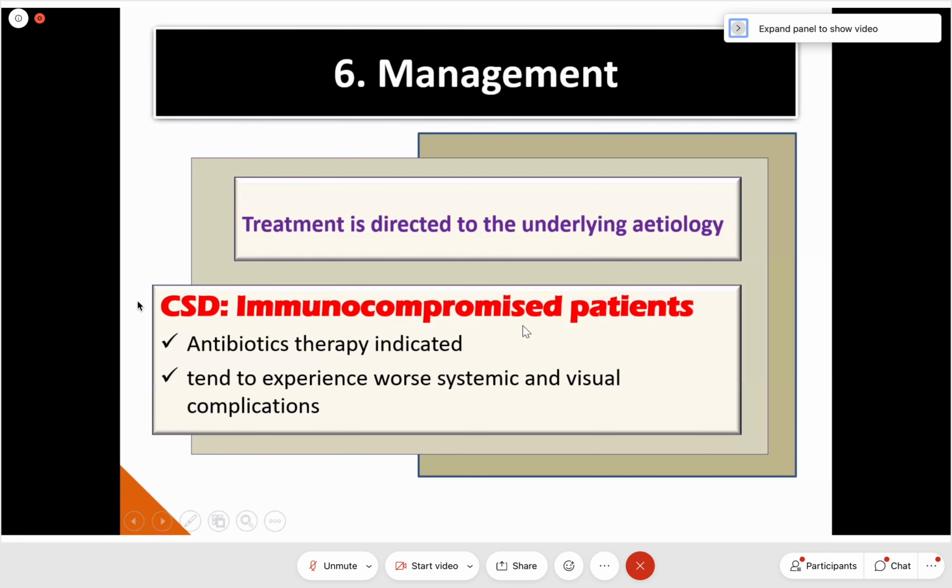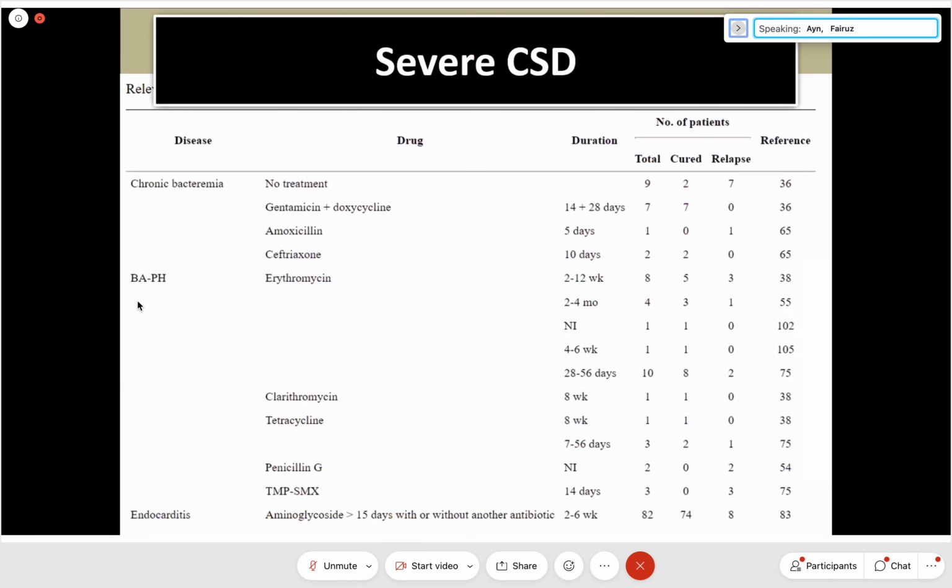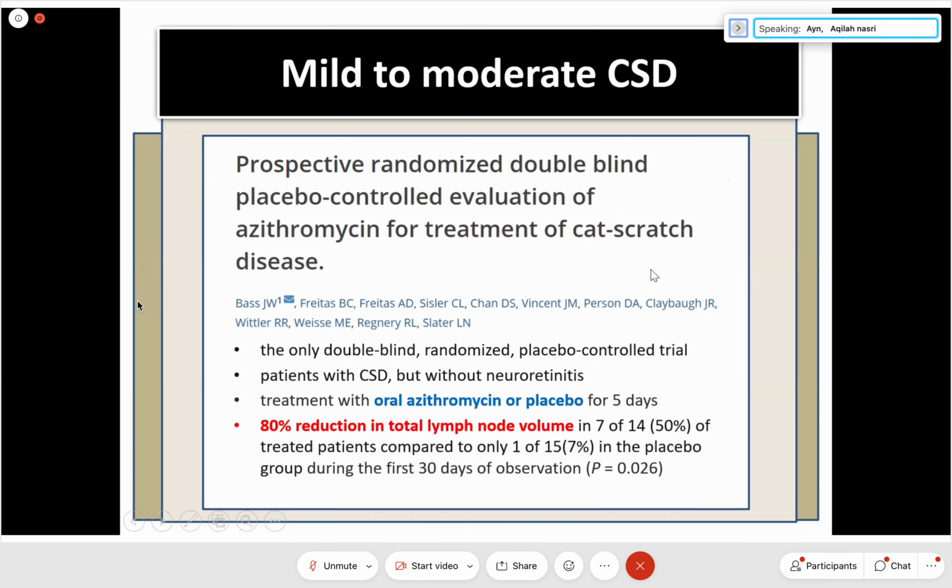So in these cases, treatment needs to be more aggressive. In severe cases of Bartonella infection like chronic bacteremia, bacillary angiomatosis, endocarditis, of course we cannot deny that antibiotics are important to cure the complications. But in mild to moderate cases, actually there is no